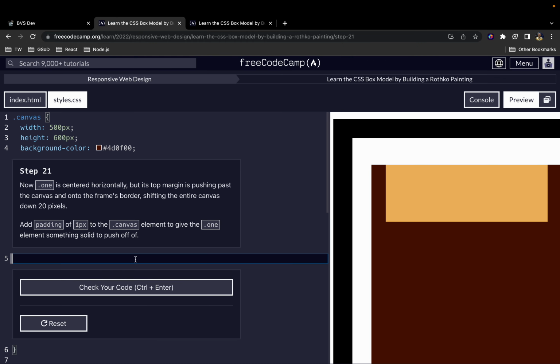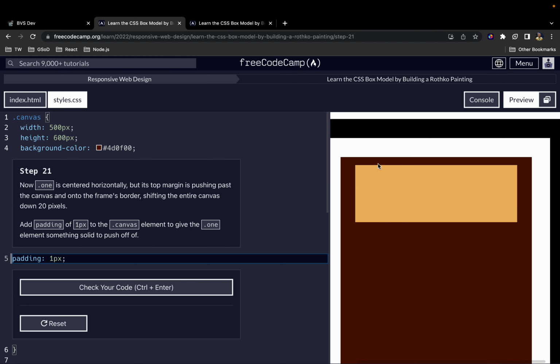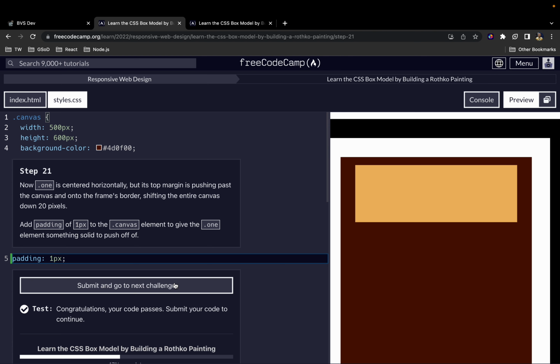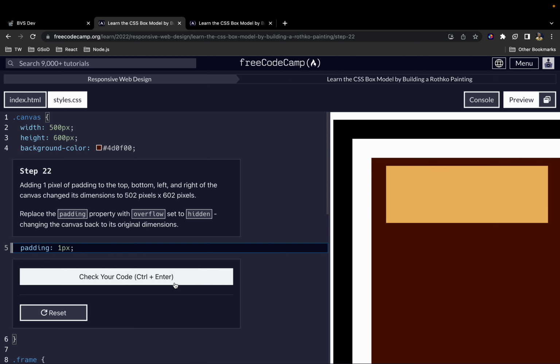The way we deal with this is to use the padding. Okay, so we want to give it a padding of 1 pixel, just 1 pixel. And that nicely shifts it from all edges and it's more even, clearly from the top. All right, next up, we also want to add 1 pixel of padding to the top, bottom, left and right of the